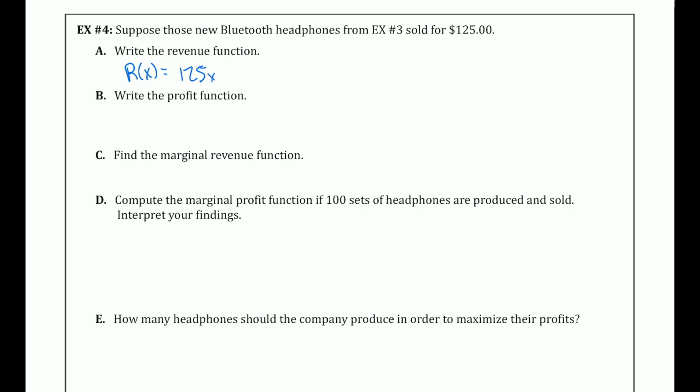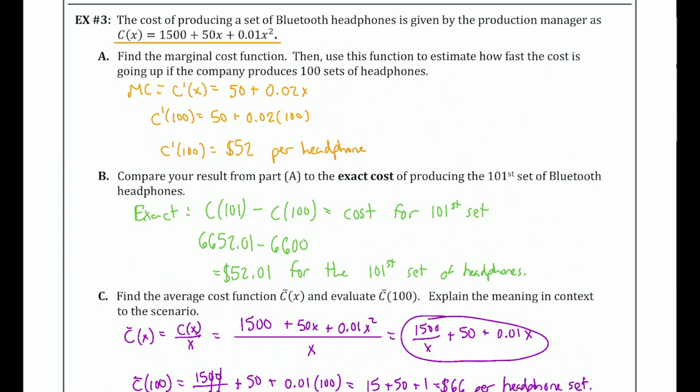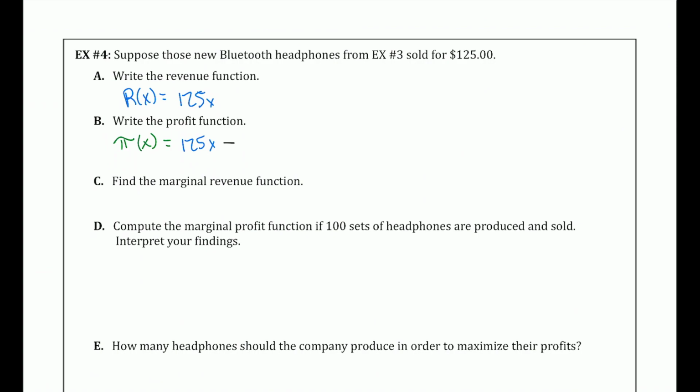And if we want to do the profit function, remember this is the function pi of X. And remember, that is just your revenue minus the cost. So then that's just going to be $125 X minus our cost function of what we had back in example 3. So if we go back to example 3, our cost function was what I underlined in orange. And so this is going to be 125X minus 1500 plus 50X plus 0.01X squared. And if we were to simplify this by distributing the negative symbol and then combining like terms,